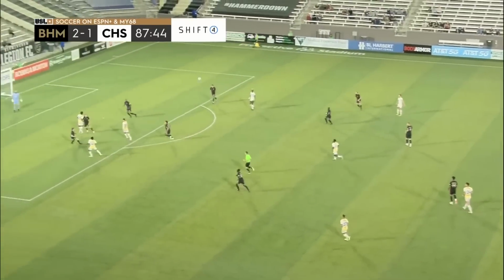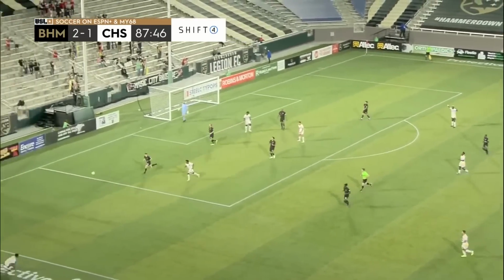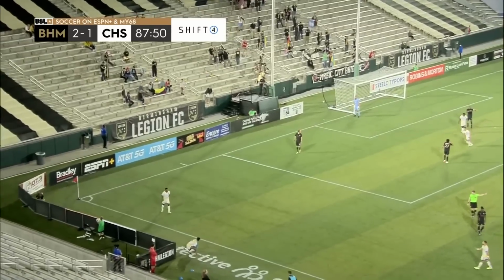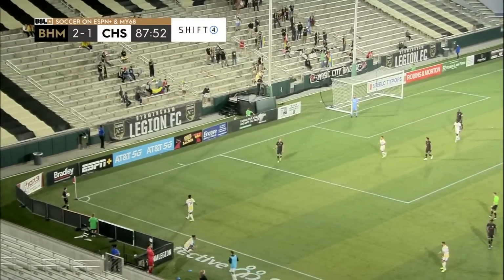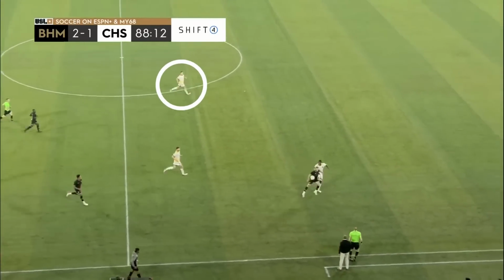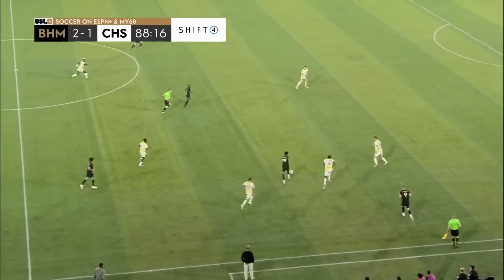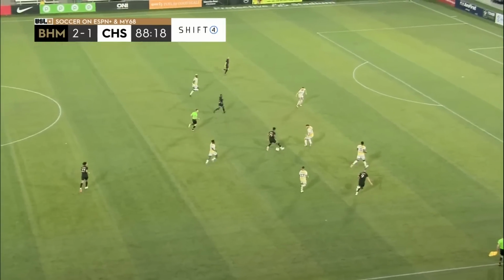And then 88th minute now, clipping the ball into the box. I don't know if Shaq thought that was further over his head than it was. Maybe it wasn't the best cross in, but it's all good. And then here now, 89th minute, a little bit of a fast break again, kind of 3v3, but Augie's doing a